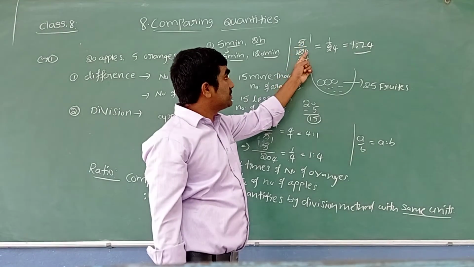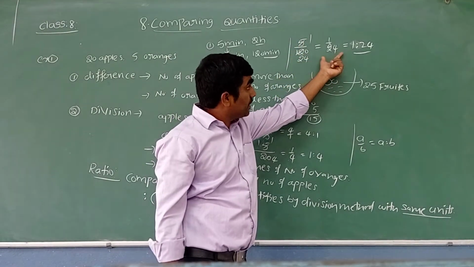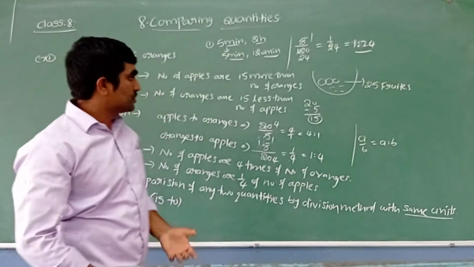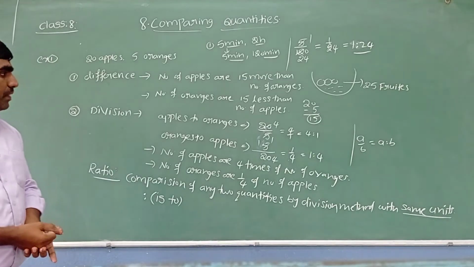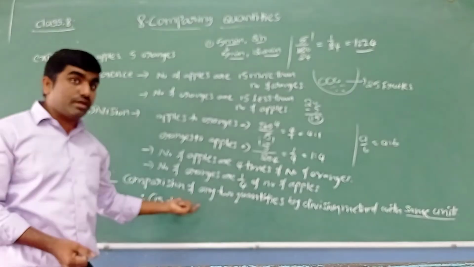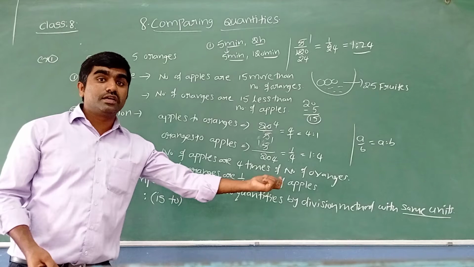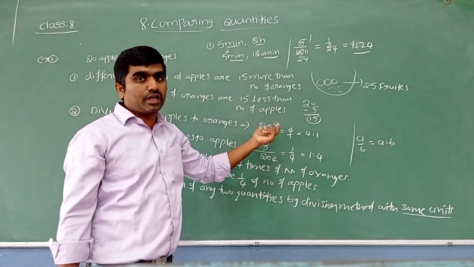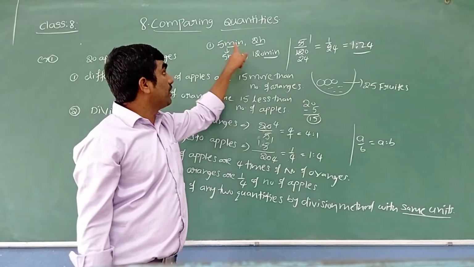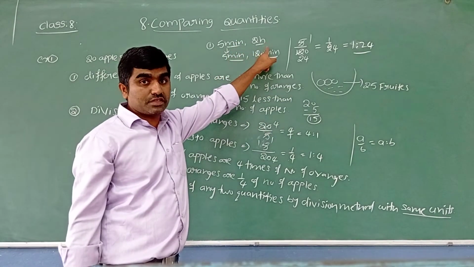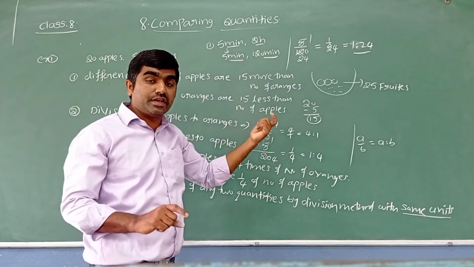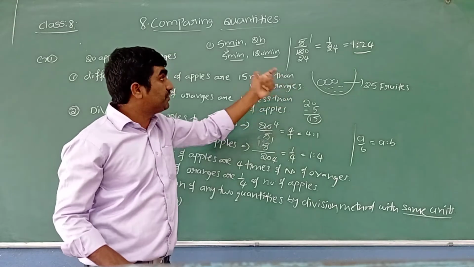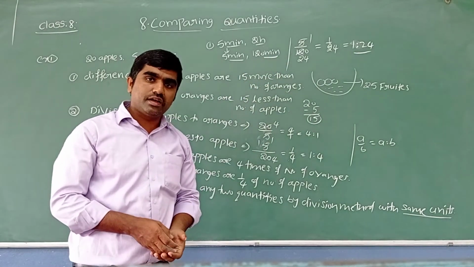If any common factor is there, divide with that common factor. After getting the simplest form, if it is in A by B form, we can write A is to B. So this is what is meant by ratio. We just compare the quantities by the division method, with the same units. Here we directly have minutes and minutes, so we do it directly. If you have different quantities like 5 days and 20 hours, days and hours are different units, so we convert them into the same units. After getting the same units, we find the ratios.